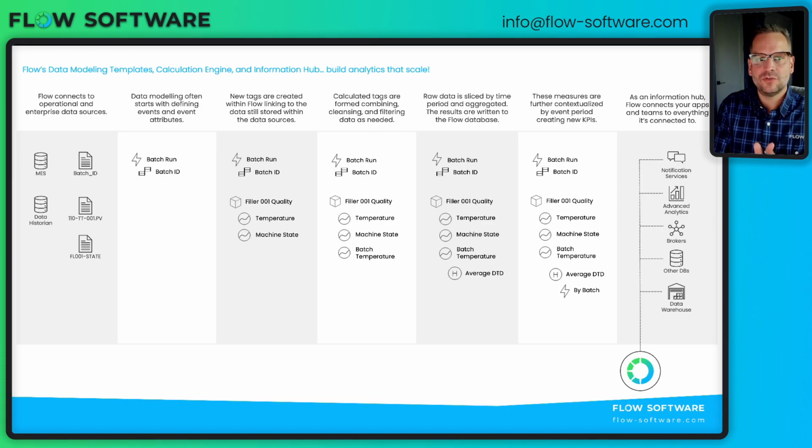So if a flow tag has been established, we have inherited that link to the source. So when it's time for Flow to connect and share, we have two different ways that we do that. We do that by data sync, and we do that by REST API. So with a data sync, we can choose to publish on trigger or on schedule any information that Flow is aware of to your notification services, to other applications. So think of Power BI in this case.